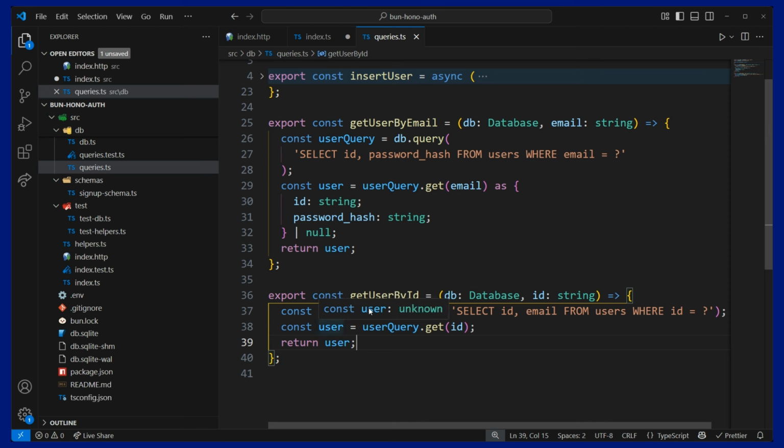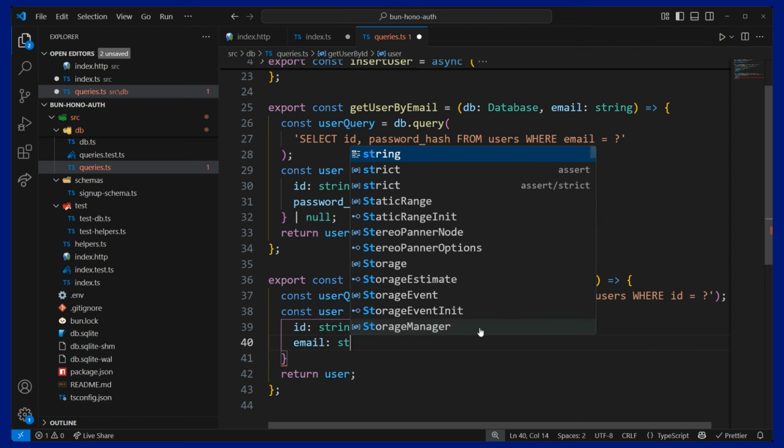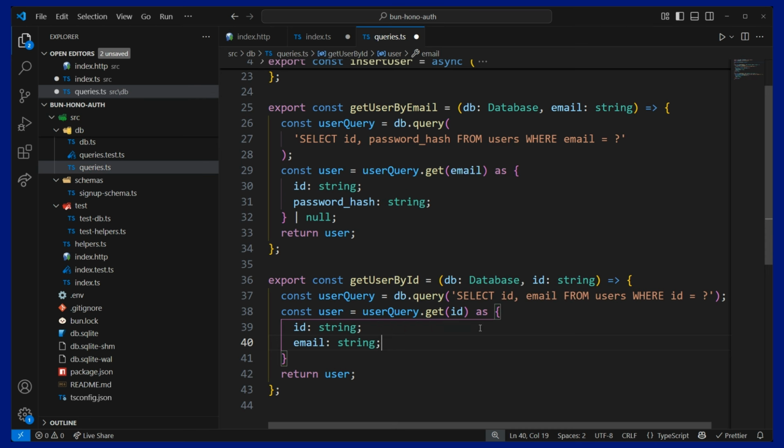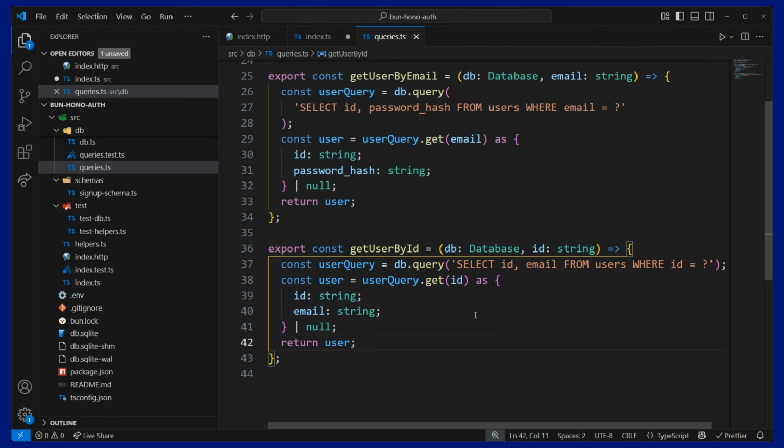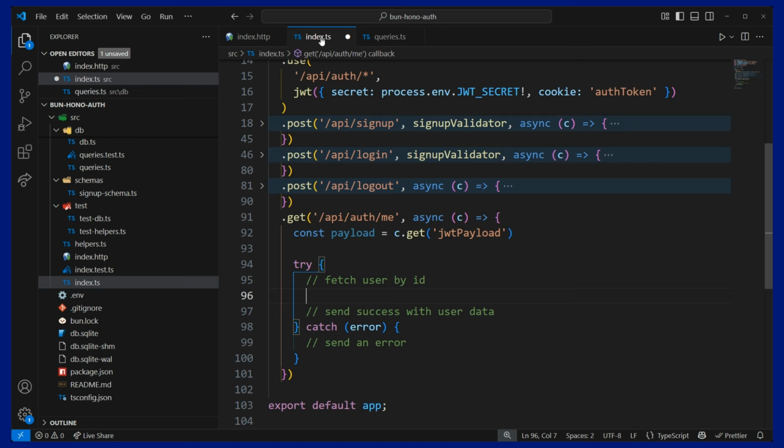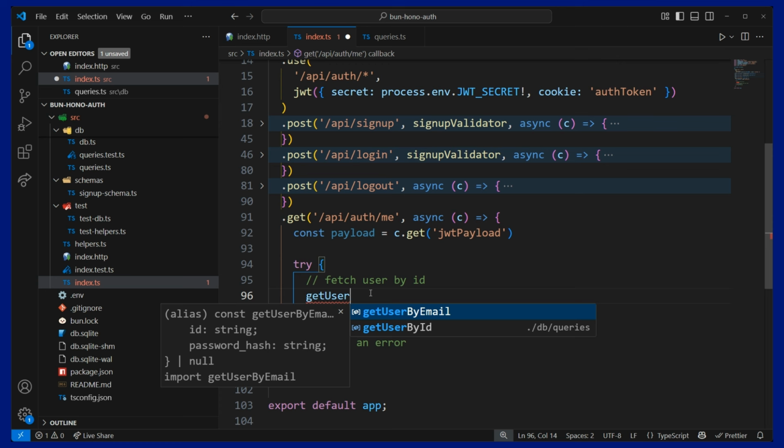Now, TypeScript sees the user as unknown, so we can go ahead and help TypeScript out because we know we are selecting the ID and the email in this query. So we can say this will be ID of string and an email, which is also a string. And if there is no user, then this will return null. So we'll enter that in. And then we can bring our query in here, get user by ID,